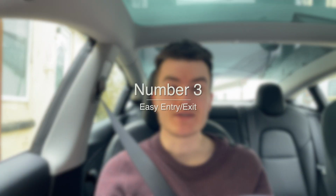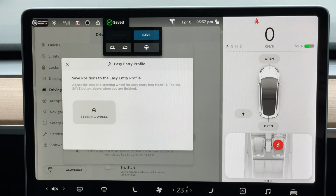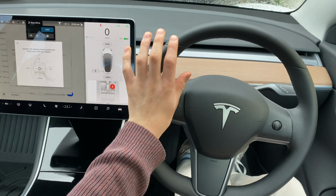Number 3, Easy Entry. To make it more convenient to get into and out of your car, Tesla added a feature known as Easy Entry. To set up Easy Entry, simply tick the box to enable it under your driver profile. You can then configure your ideal entry or exit seating and steering wheel position using the steering wheel scroll wheels